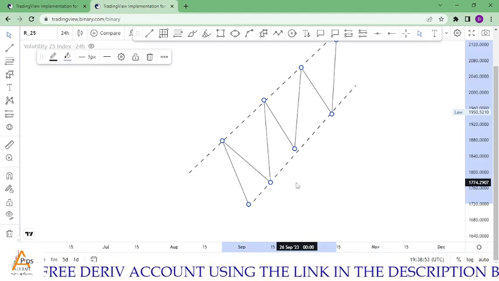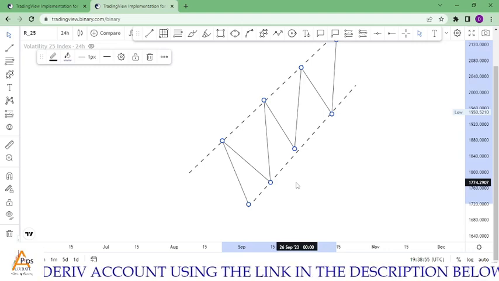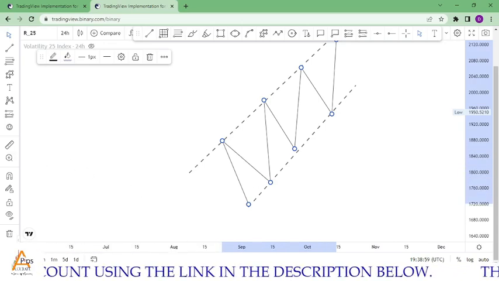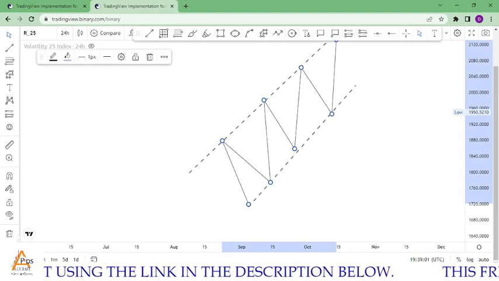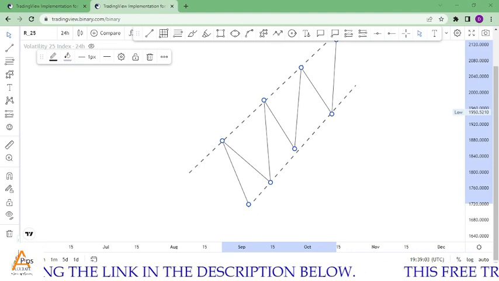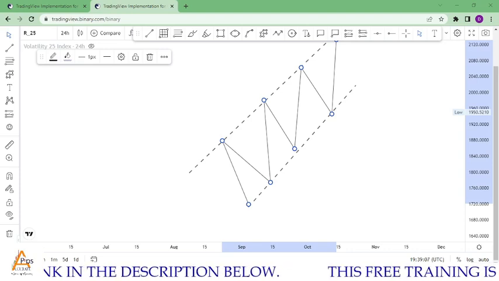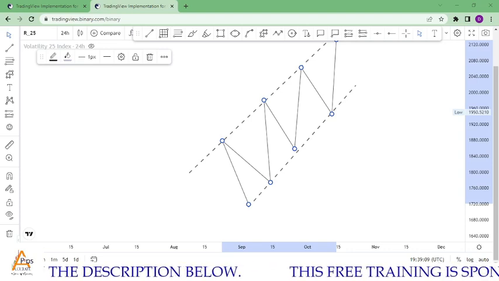It is the dynamic support and resistance that causes the formation of these patterns. So if you understand how dynamic support and resistance work, then trading chart patterns is kind of easy if you can apply the other concepts from